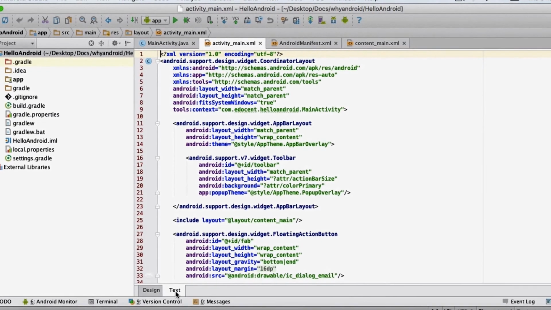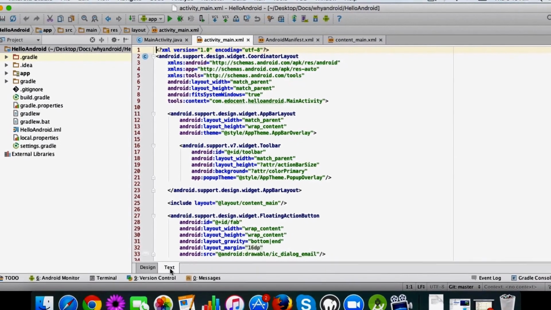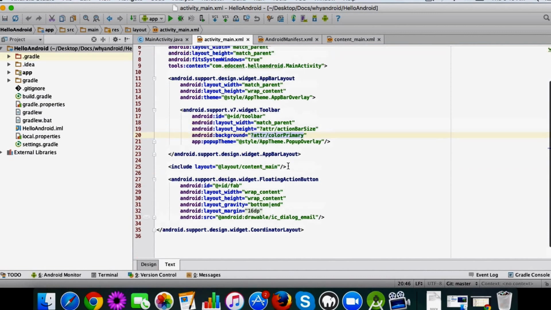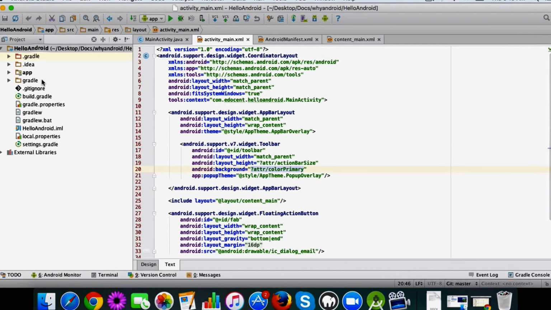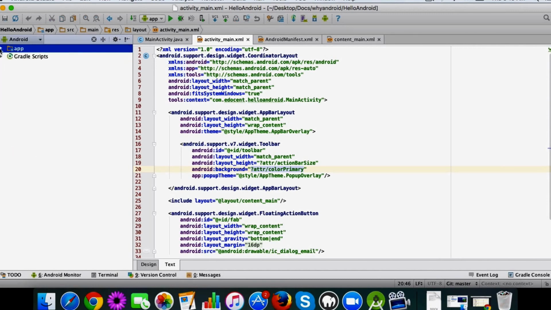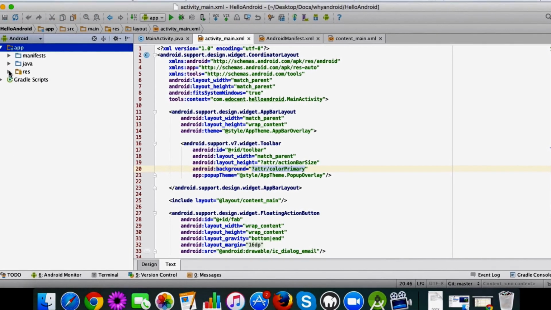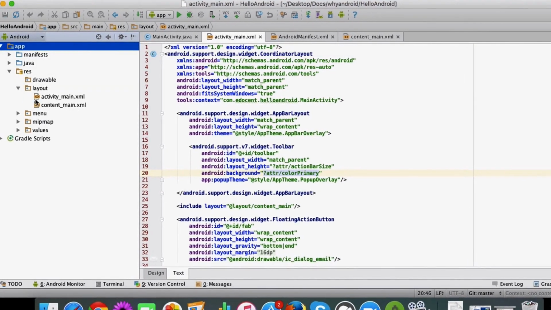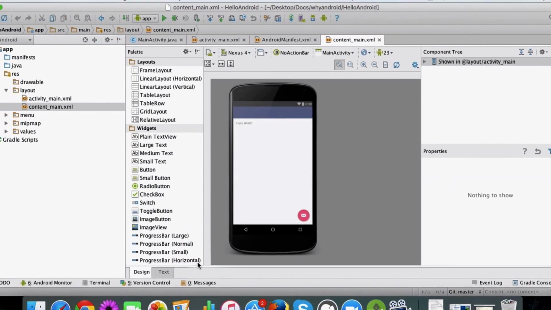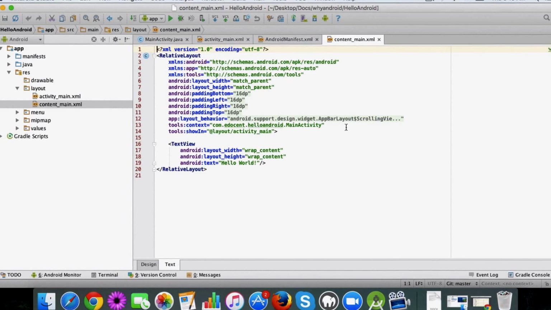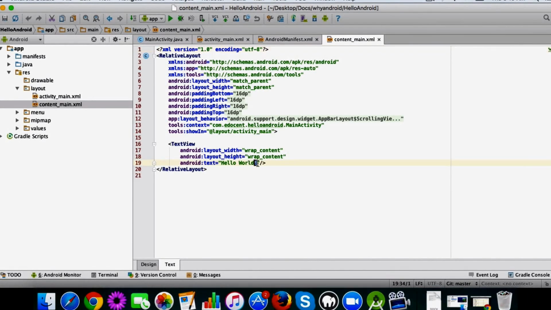I'll give you more details around this file, but for now I'll just make a minor change to show you how it reflects in GitHub. Let's go to the layout file, content main, and as you can see there is some text here which is hello world. I'll change it to hello Android.